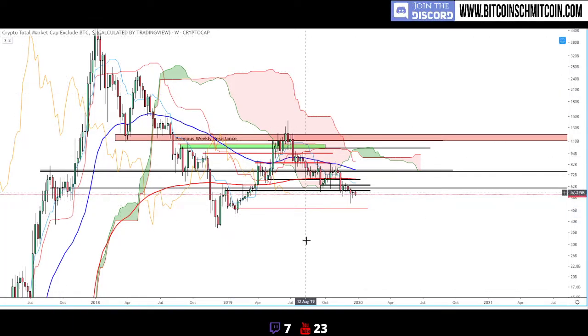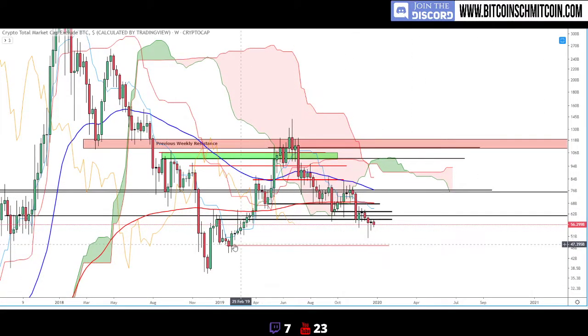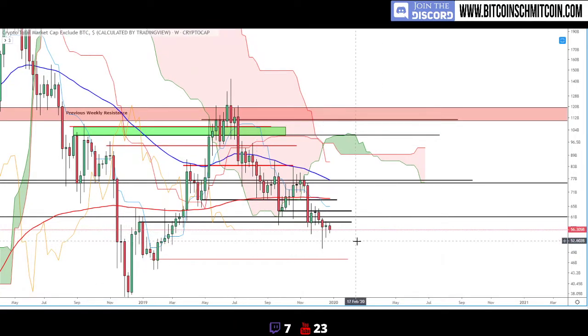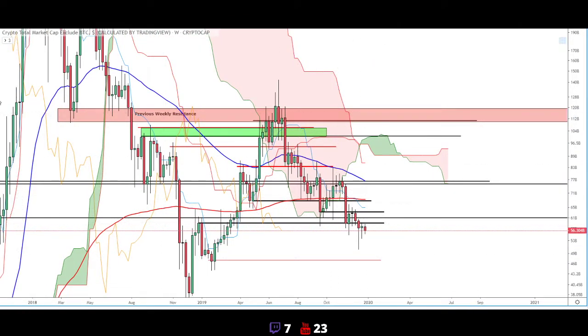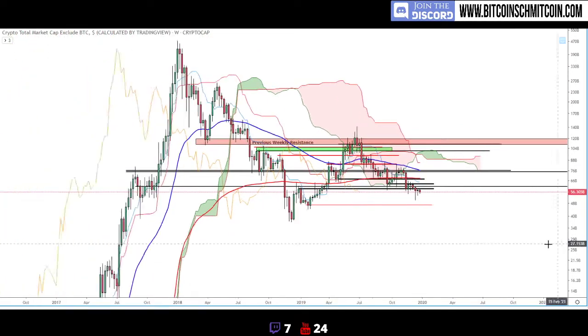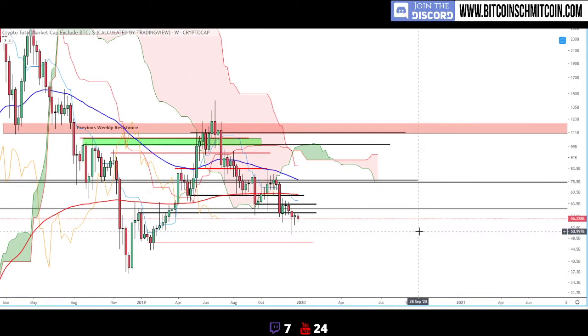Okay, before we start running around like chickens with their heads cut off, though, we got to see how the market handles this $46 billion mark, the $47 billion mark. If that holds, then we're in good shape, right? But I do think at minimum we're going to see a retest there, and maybe we'll see some sort of bottoming action take place where we see a rounding bottom, where the market goes through an accumulation phase and rounds back up. I think that's probably more likely than just a complete crypto meltdown where all hell breaks loose. But I think at minimum we see new lows,